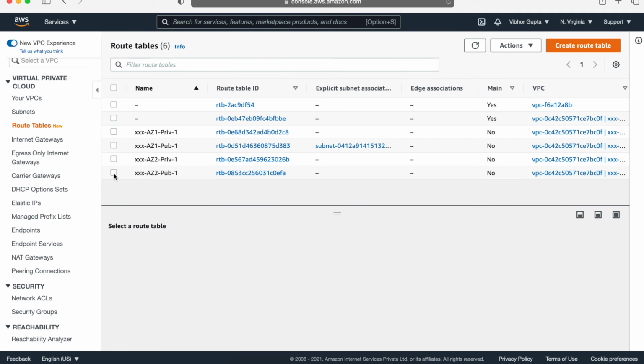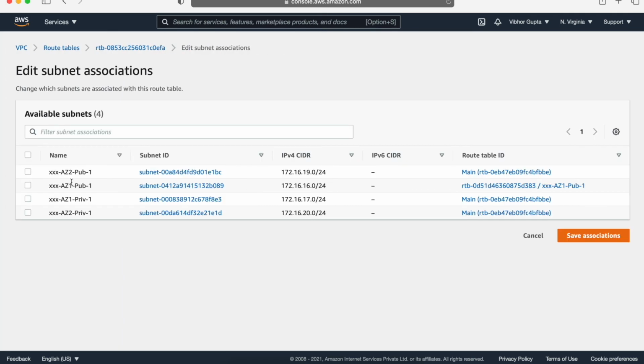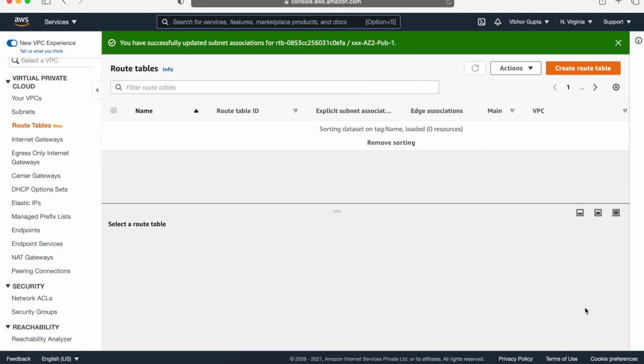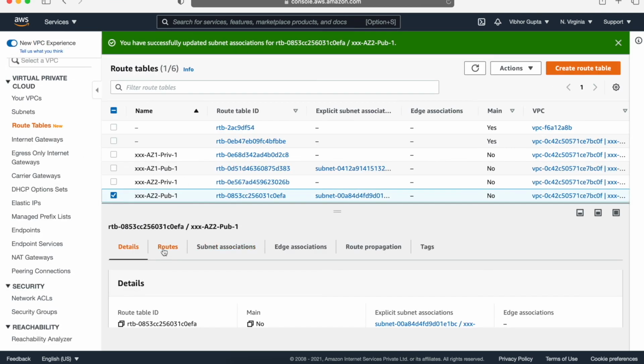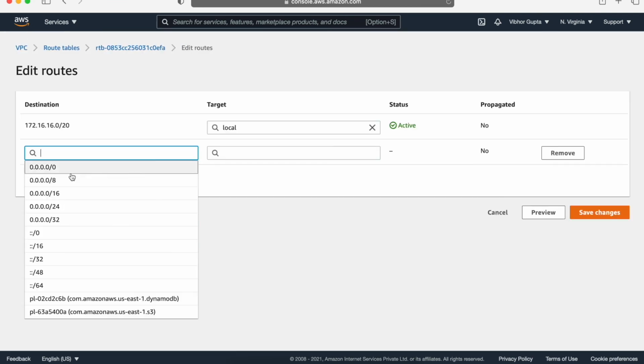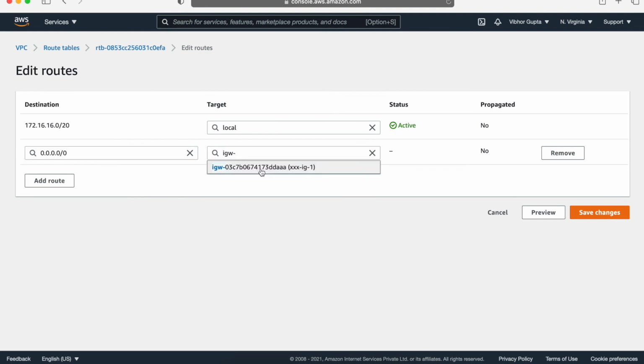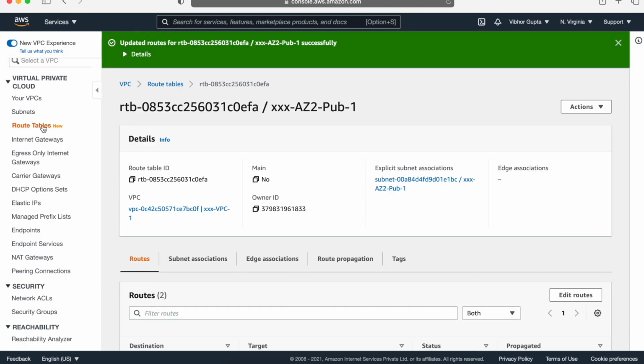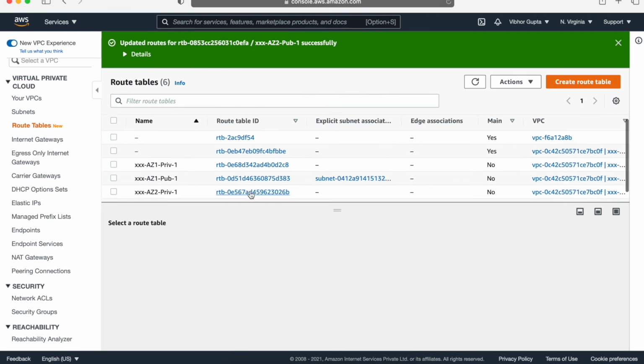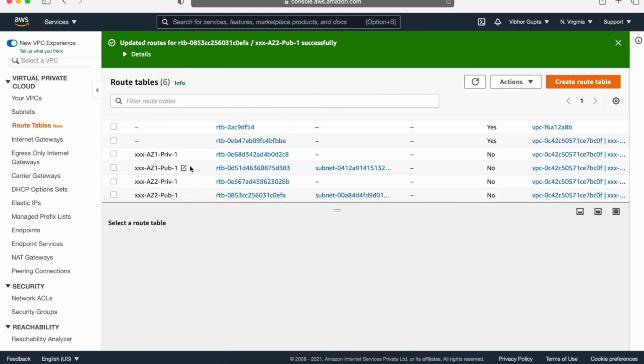Now let's do the same configuration for public 1 in availability zone 2. Now, both our public route tables are connected to their associated subnets.